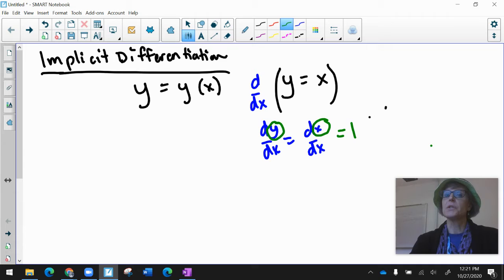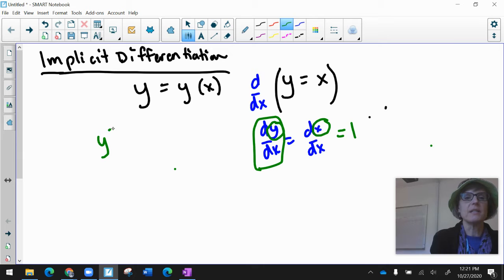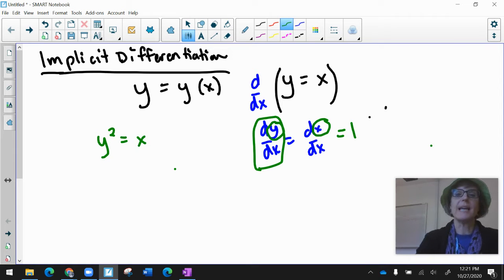But the problem is that on the left side, my y is not an explicit function of x. And that means I need to write this whole thing to remind myself that y is a function of x and I have to take its derivative. So if I had, for instance, y squared equal to x, and I was going to take the derivative of that,